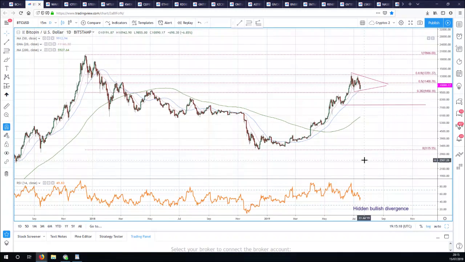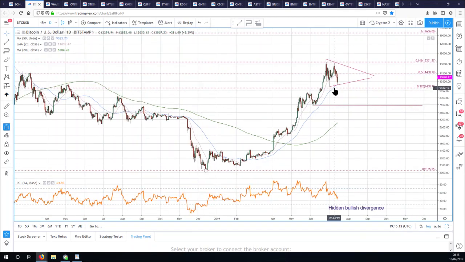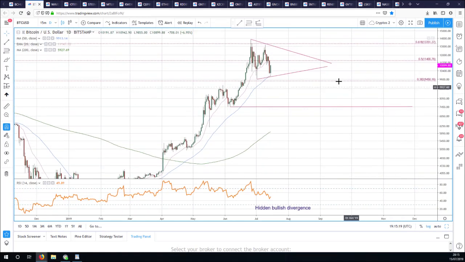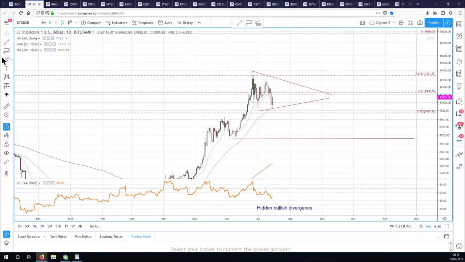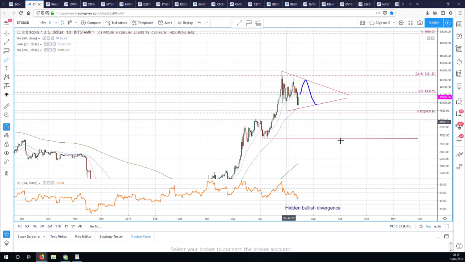Okay, so we had our big drop. Now we're having a bounce. This next bounce will tell us what's next. So in short, if we don't bounce very far, or if we can't get back above this 20 moving average, which is around 10,900 at the moment, we're probably going to keep going lower. If we get above 10,900 or 11,000, we are probably in a big triangle and wedge, or one of the market snipers' amazing high volatility funnels, and we'll be doing something like that. Okay, so that's where I see us in Bitcoin.